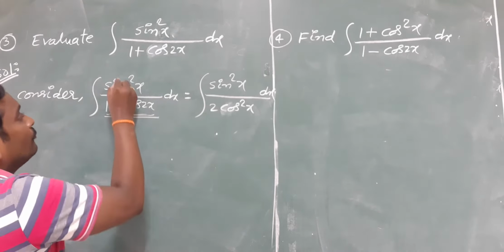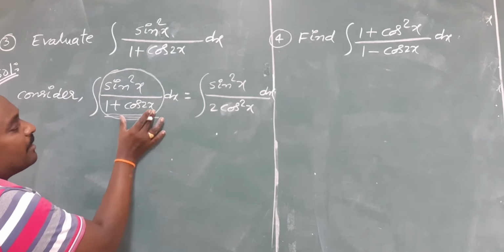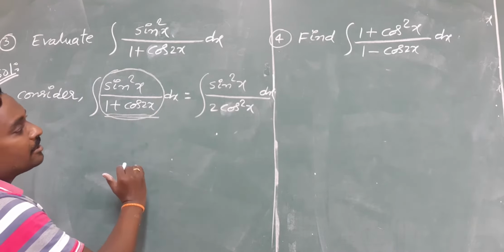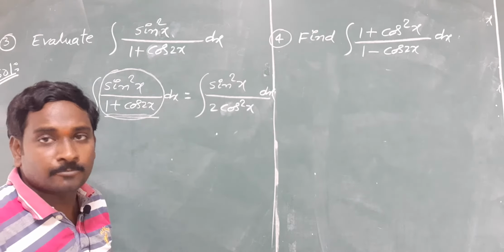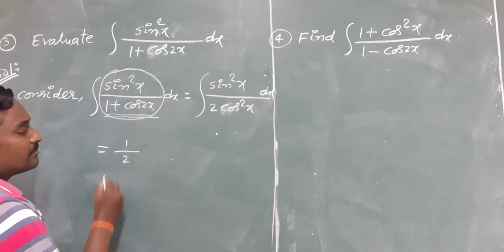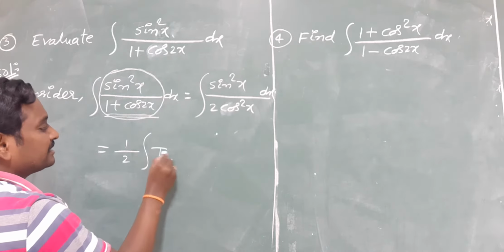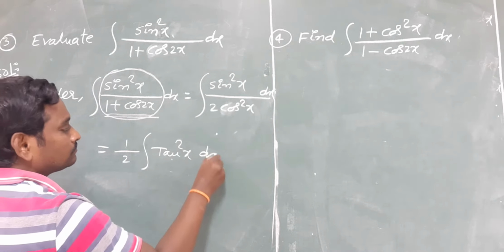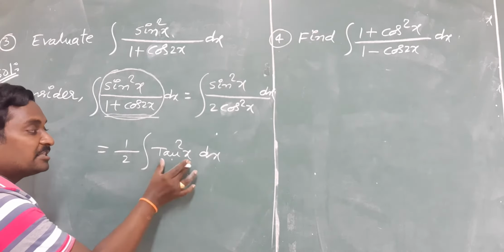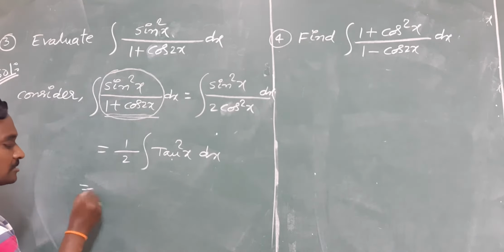Okay. Actually, we do not have the direct formula on integrations for this type of function. That's why we should change it by using the trigonometric terms to another term. Okay. So 1 by 2 is the constant term. Take it outside the integration. And we know that integral sin square by cos square is tan square x. Now how can we write tan square x? We do not have the direct formula on integration for the term tan square x. That's why we can change tan square to secant square terms.